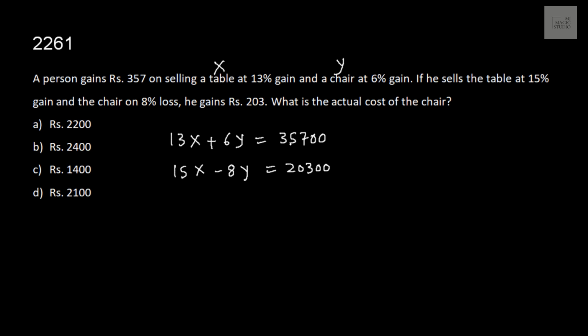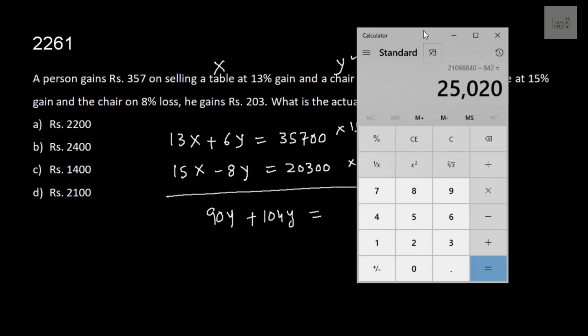Fair enough. So what do they ask? What is the actual cost of chair? Chair is y, we need to find the value of y. So it would be simply, if I multiply this by 15 and multiply this by 13, and then if I subtract, these two would be gone. 6 into 15 is 90y, plus 13 into 8 is 104y, equals, now I need my calculator,